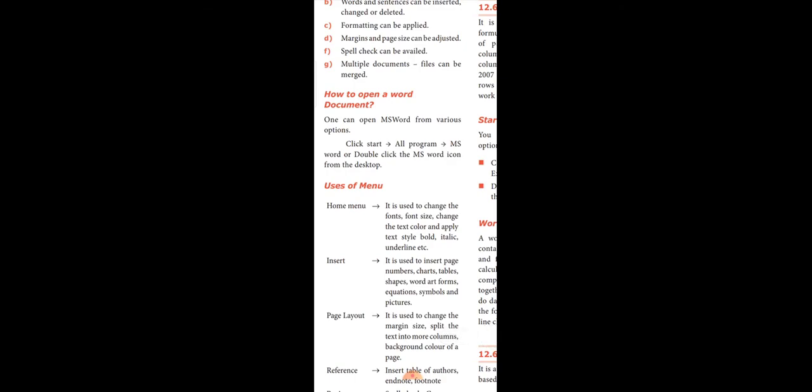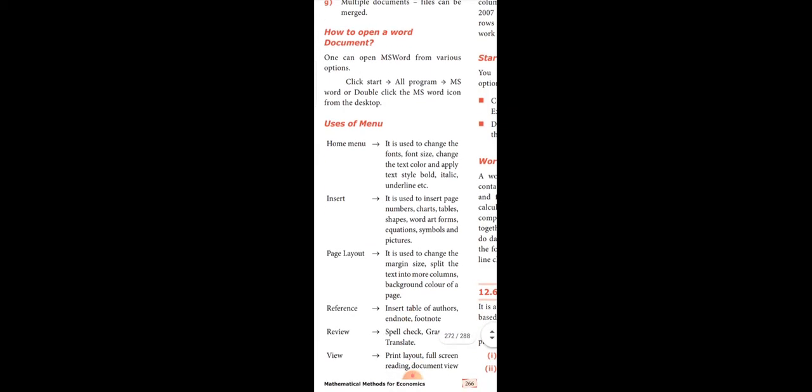When you look into our textbook itself, it is again a Word document. You could see here the pages are adjusted, we have inserted tables, we have inserted paragraphs, the alignments are all done, the margins are given, and spelling check is done wherever it is needed. You can use multiple documents, and you can also merge 2-3 files. All these are the features of a word processor.